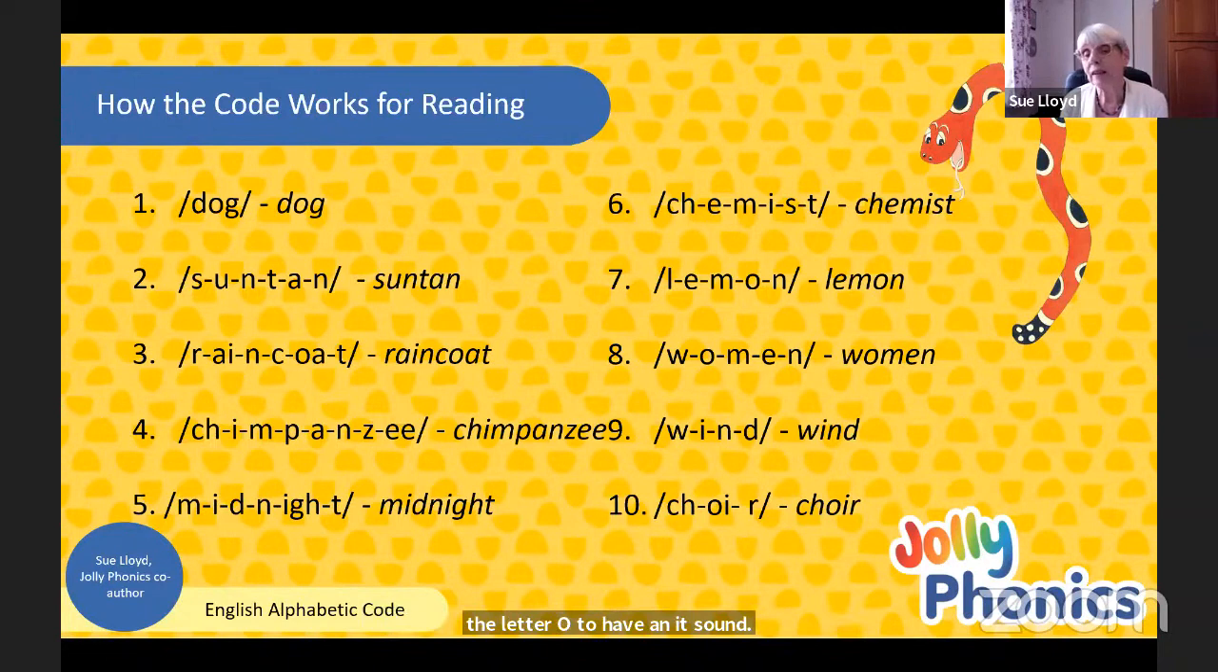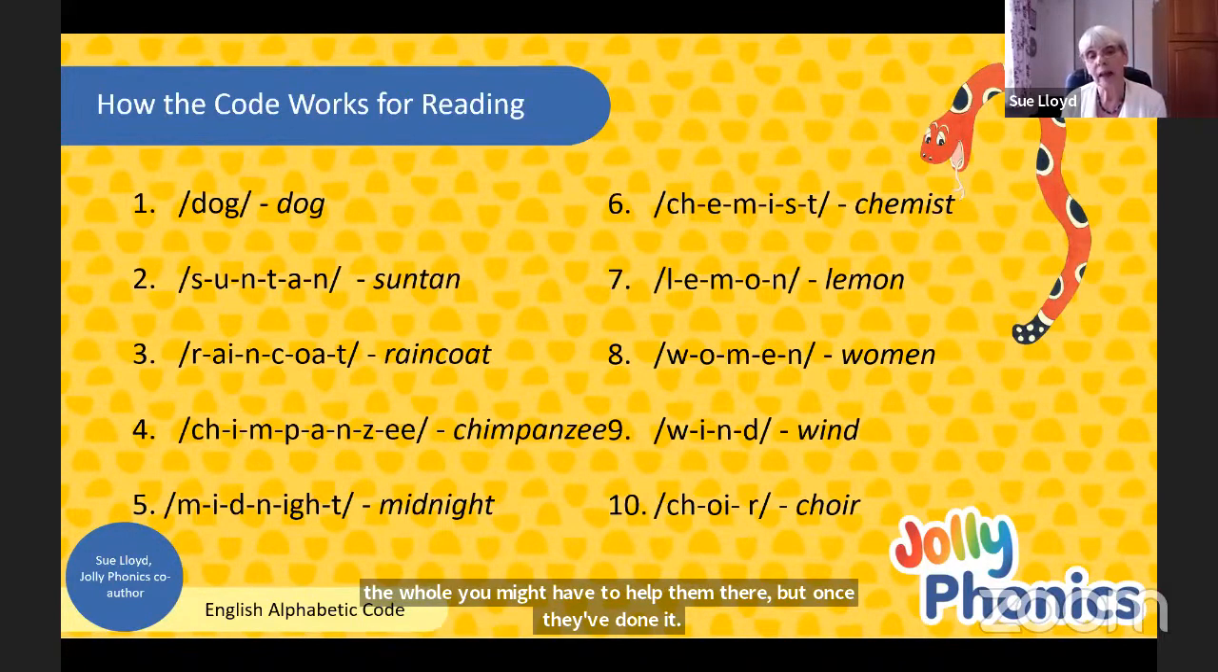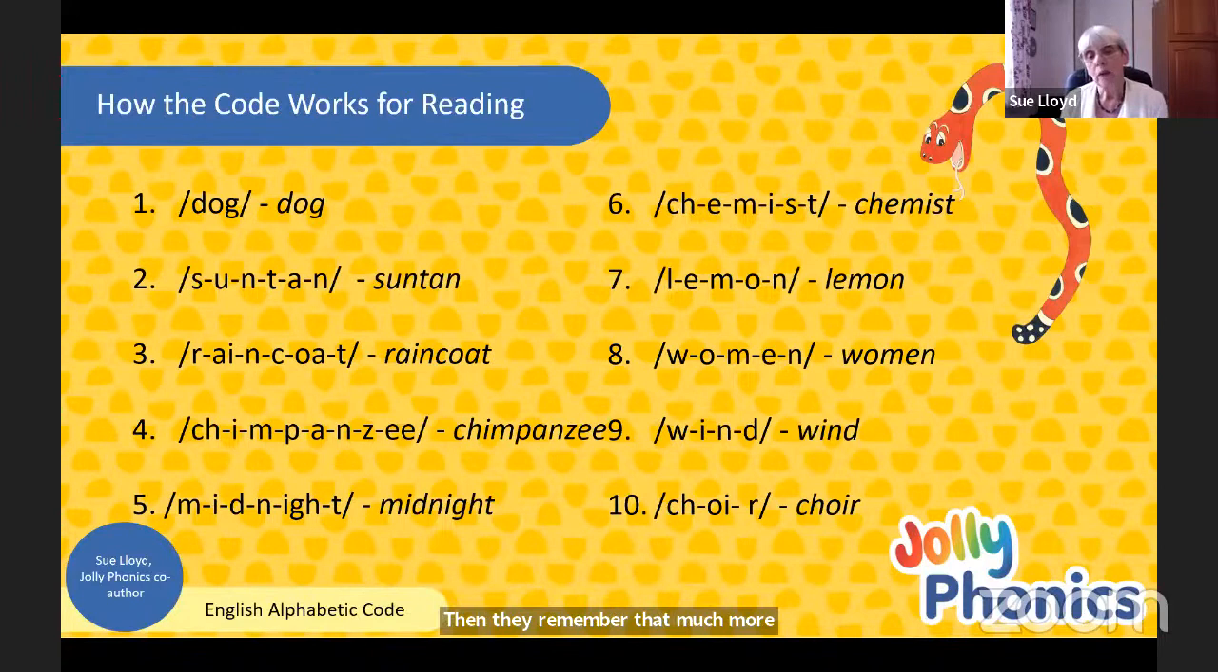But if it's in a sentence, they sometimes can twig to that if it's about women, but on the whole, you might have to help them there. But once they've done it, then they remember that much more easily. And then for 9, we've got